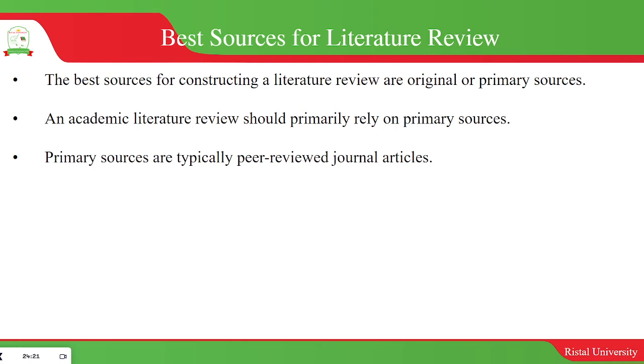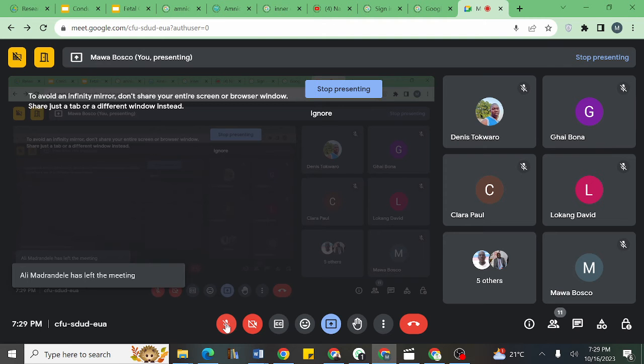It's, one, primary sources. Primary sources are the best. But that does not mean that you cannot use secondary sources. You can also still use secondary sources. Of course, like I said, in the hierarchy of evidence, the highest level